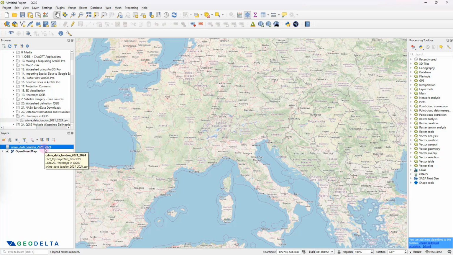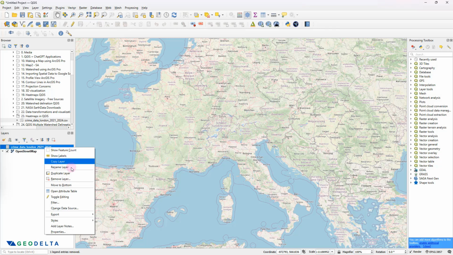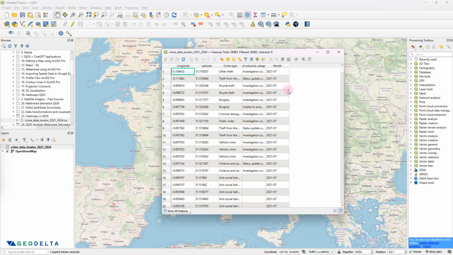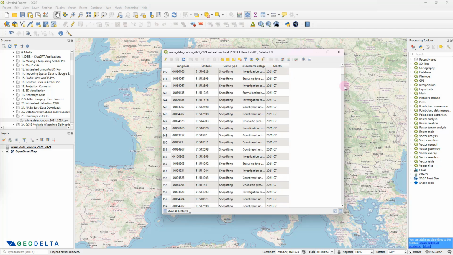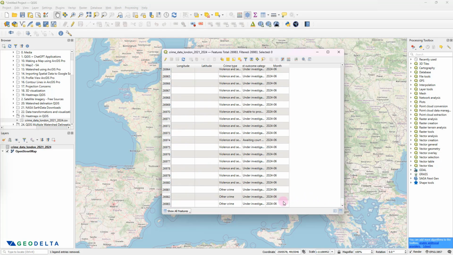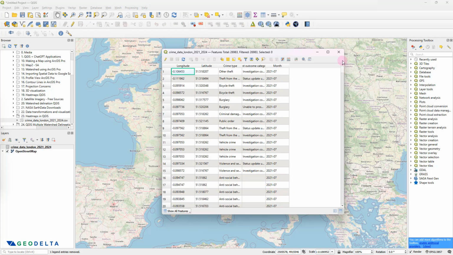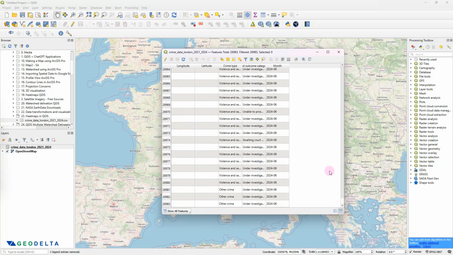However, it's not a GIS layer just yet. If you right click and go to open attribute table, you would be able to see all those attributes and the corresponding records as well. You can see that it varies from the month of July of year 2021 all the way until the month of June in 2024. Each month has roughly around 600 to 800 records, which makes up the total of